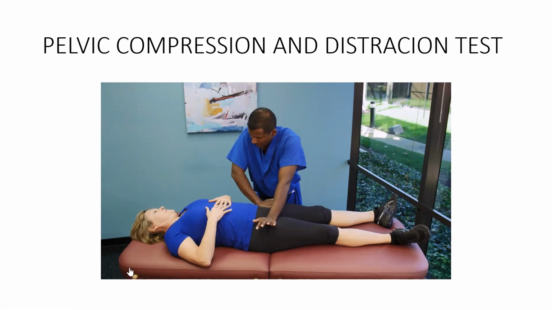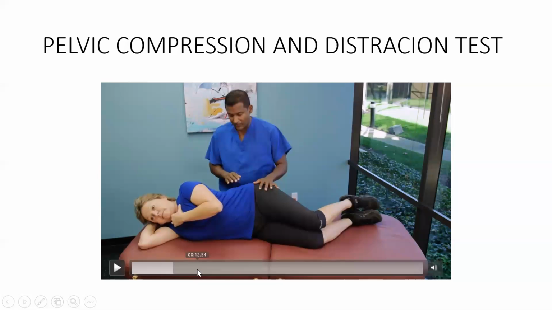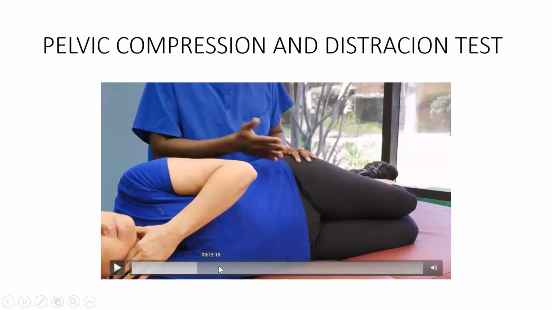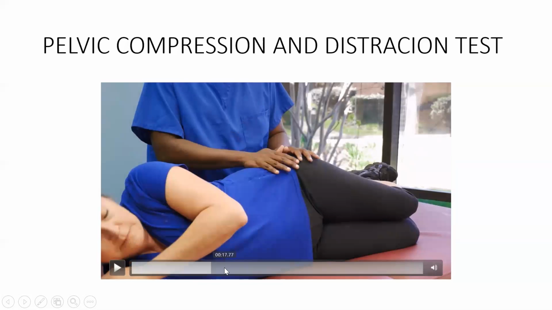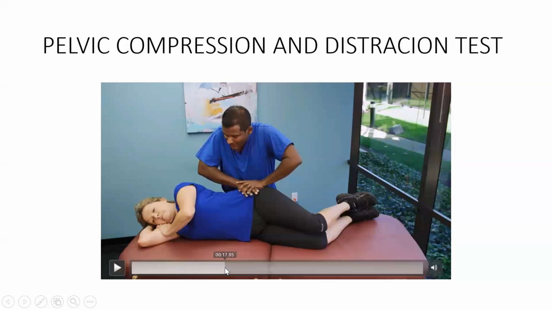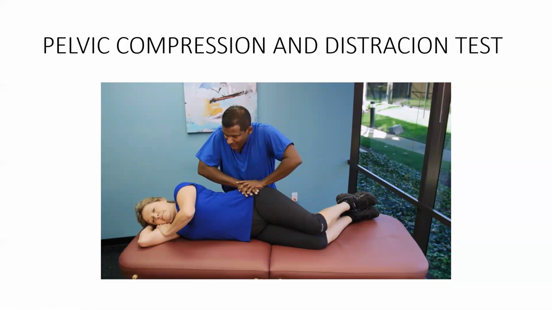Now you see compression. So in compression, what you do, you start compressing from one side, you start compressing, pressurize on one side. You can even do it supine. So the way you are doing distraction, you can compress it. From both hands you can keep on the outer side of the ilium and try to compress it. So pelvic compression, pelvic distraction is a test for SI joint first. There is the Gaenslen test, which is for SI joint, and there is this Faber, Patrick, or figure of four test. So there are three, four tests for SI joint, okay.